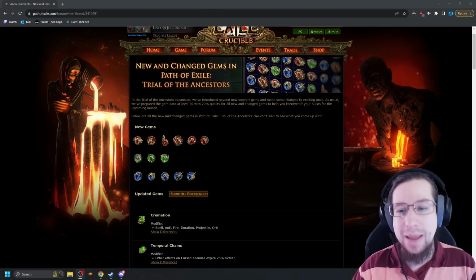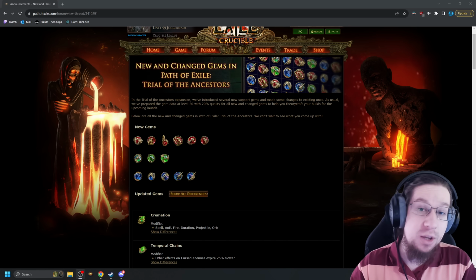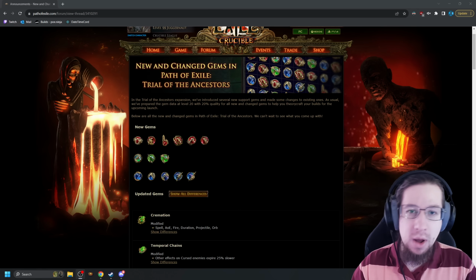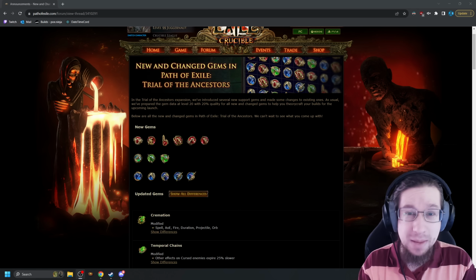Today, Grinding Gear Games released the new and changed gems for Path of Exile 3.22 Trial of the Ancestors. And this is the post I've been waiting for, since 14 new support gems potentially means 14 new playstyles, or maybe at the very least 14 new builds. Alright, so with the teasers, things like Devour support, we probably knew there weren't quite that many builds, but it